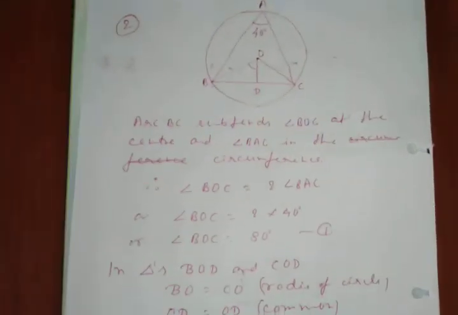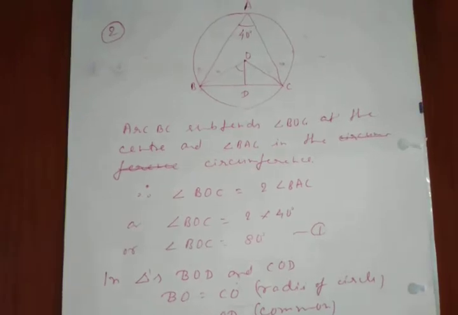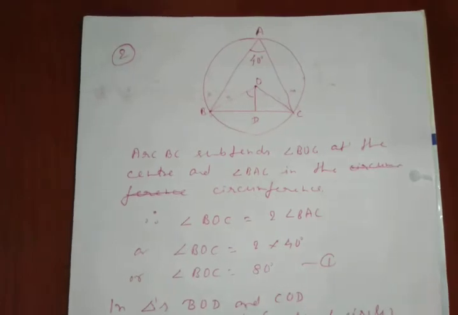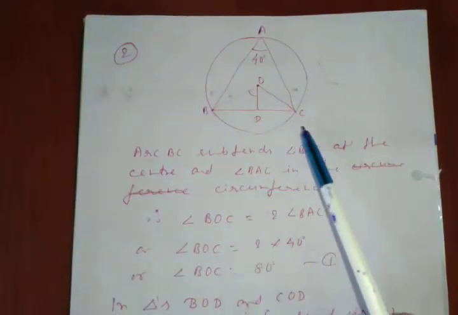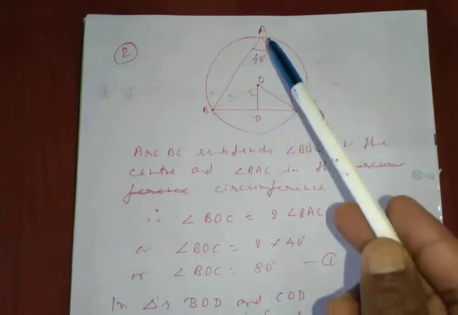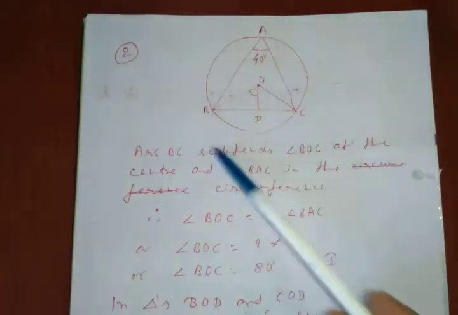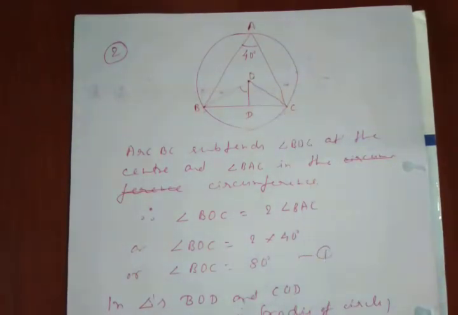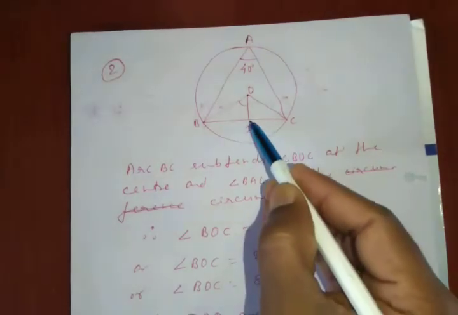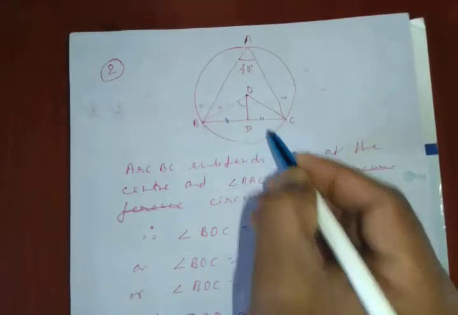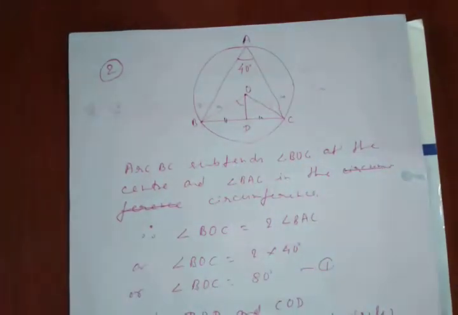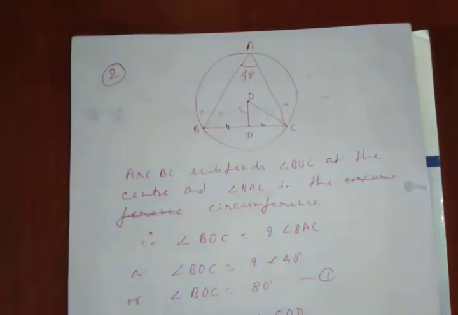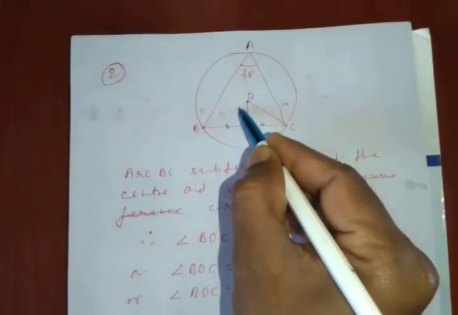This is the solution of the next question here. In this question, you are given a circumcircle. There is a triangle ABC, and there is a circle around this. The circle is passing through the vertices A, B, and C. So this circle is called the circumcircle of triangle ABC, and O is the center of this circumcircle. And in this, we are given that D is the midpoint of BC. So BD equals DC here, and angle A is given as 40 degrees. Then we have to find angle BOD, that is, we have to find this angle here.